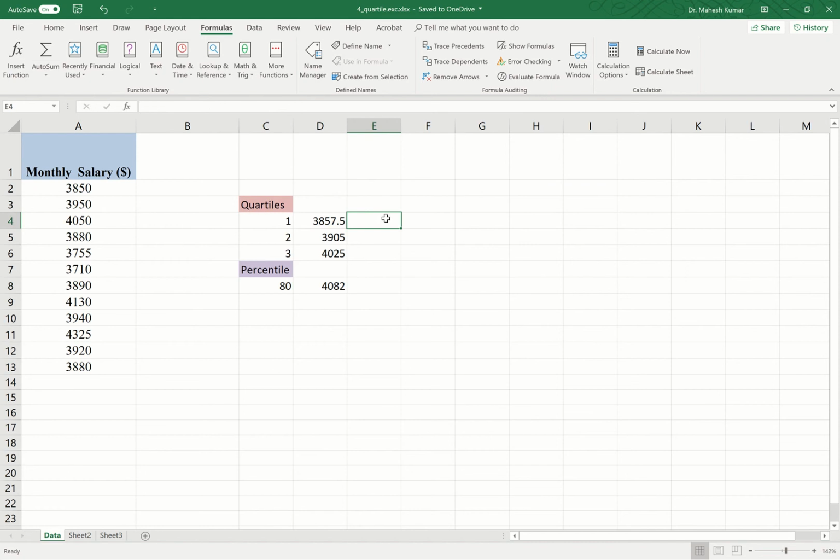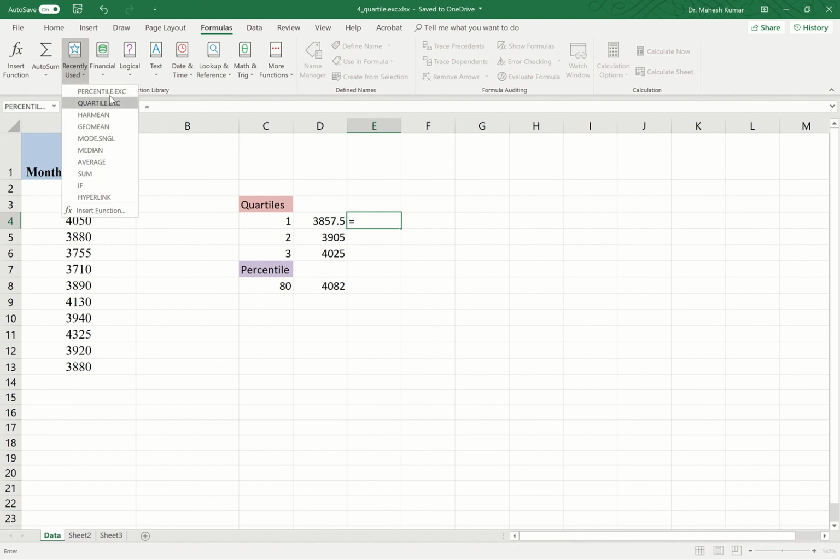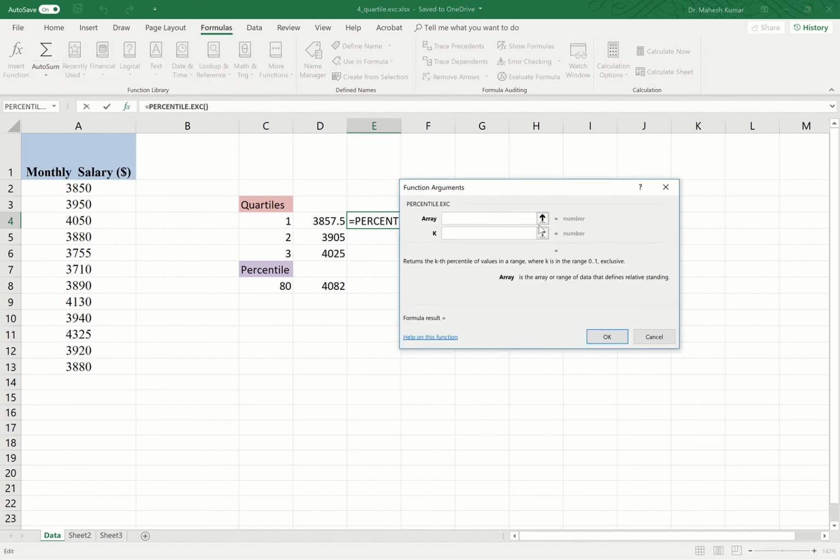So one more thing here, quartiles can also be computed using percentiles. If you remember the discussion in the class when we learned quartiles and percentiles, we know that the first quartile is also which percentile? It is the 25th percentile, right? So you can also compute the first quartile by using the percentile function. And since we have already used the percentile function, we will find it in recently used functions, and we will select this array,